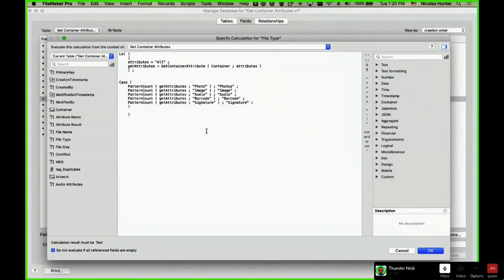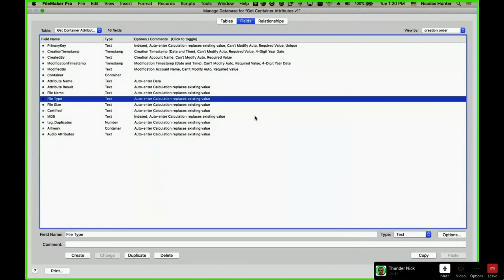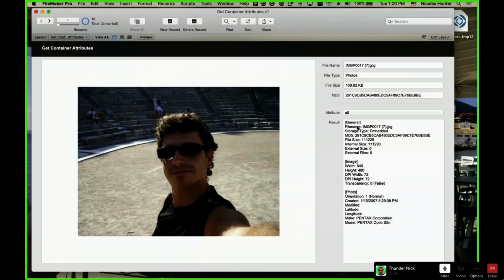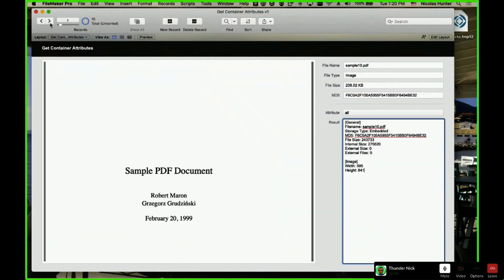Here, for example, when I say this is a photo, I have image and I have a photo. But if I go to this one, this is the PDF file. This is the only information I get out of a PDF. That's pretty much nothing. I don't even know it's a PDF.